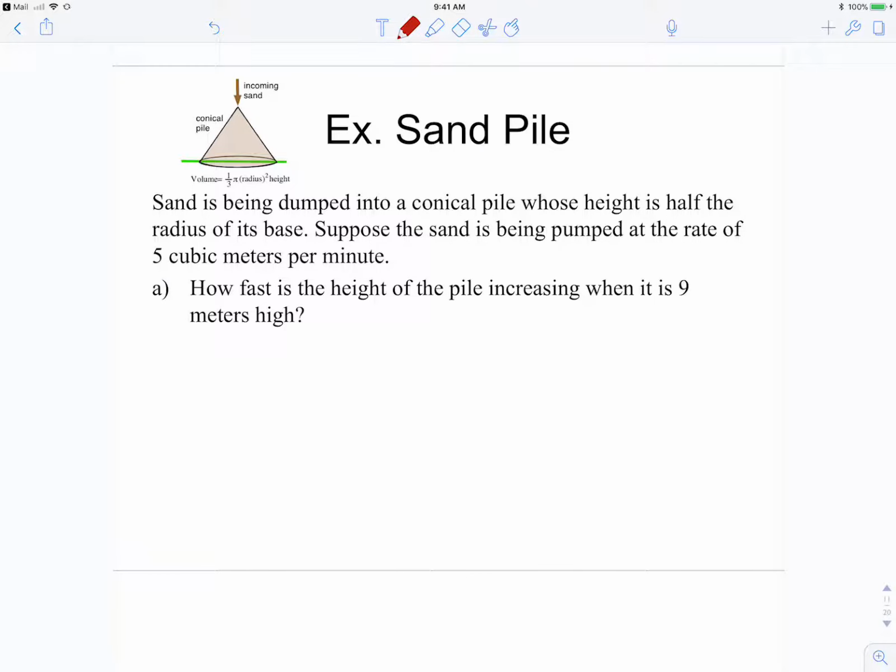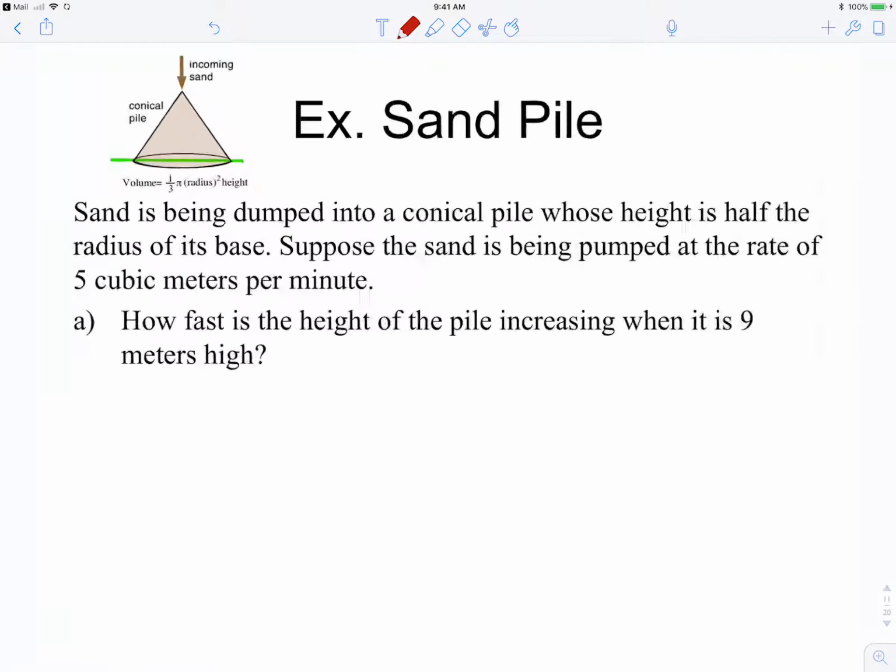Guys, this is the sand pile example. Sand is being dumped into a conical pile whose height is half the radius of its base. Suppose the sand is being pumped at a rate of 5 cubic meters per minute. There's 3 parts to this example. Part A is asking us how fast is the height of the pile increasing when it is 9 meters